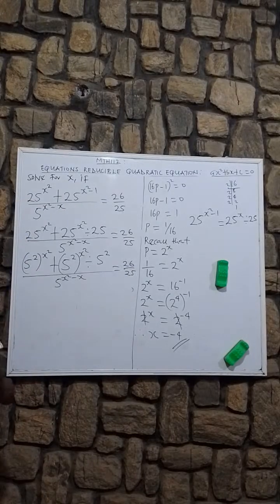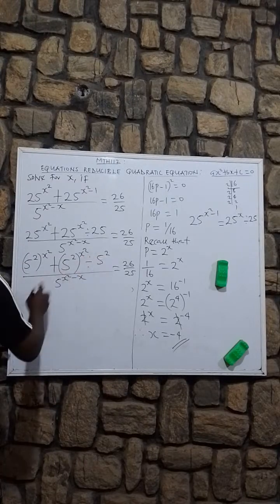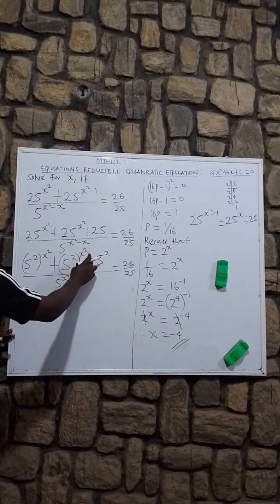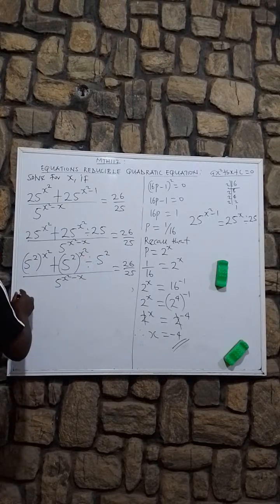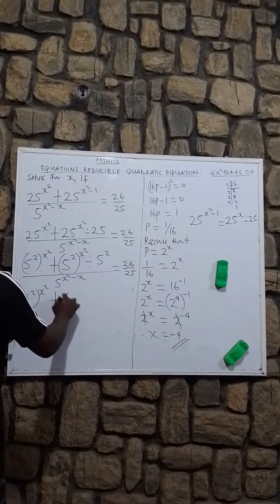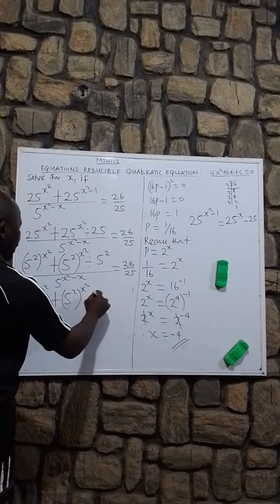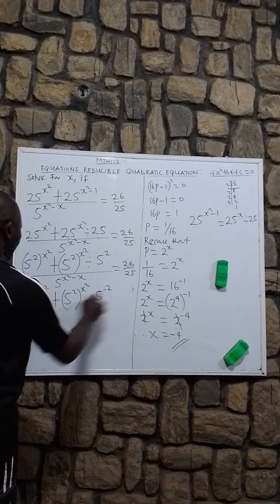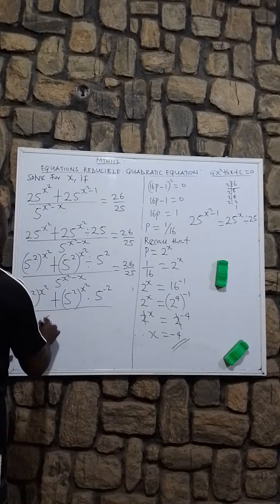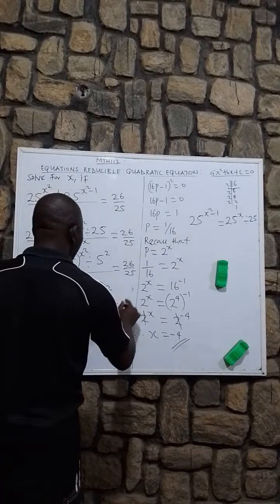Okay? So, as it is, we can transform it this way. By the time we remove this sign and turn it to multiplication, here will now be 5 raised to the power of 2x squared plus 5 squared raised to the power of x squared times 5 raised to the power of minus 2, all over 5 raised to the power of x squared minus x, then equals